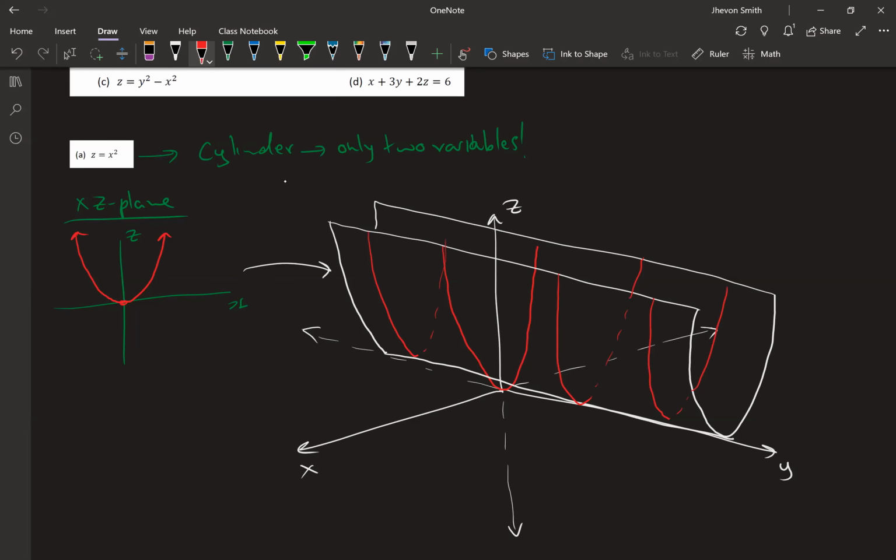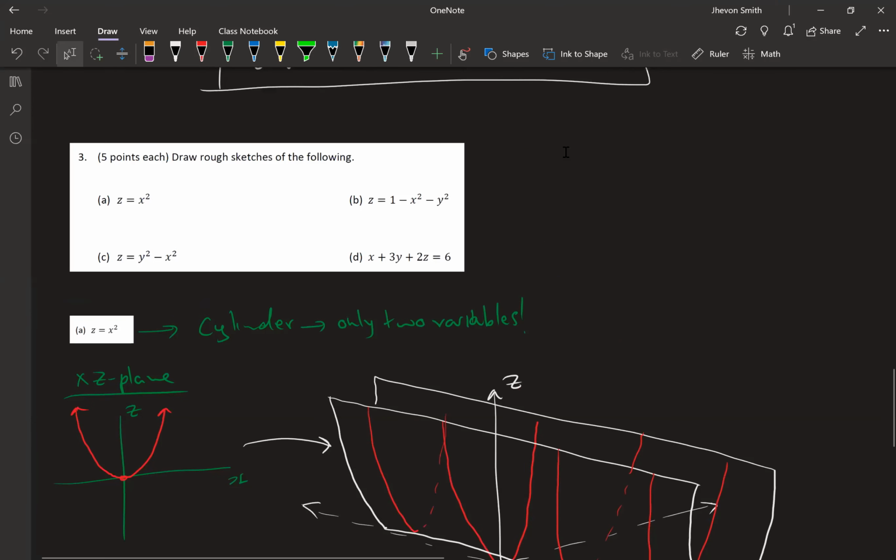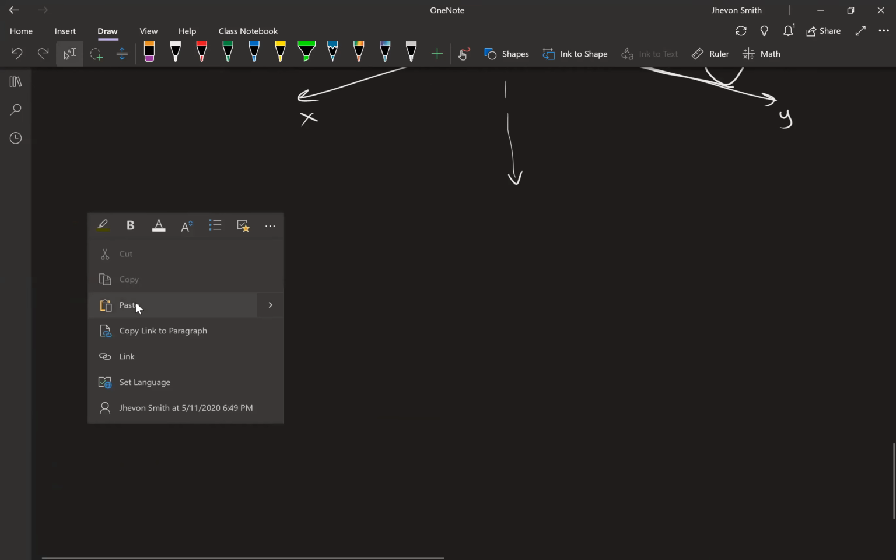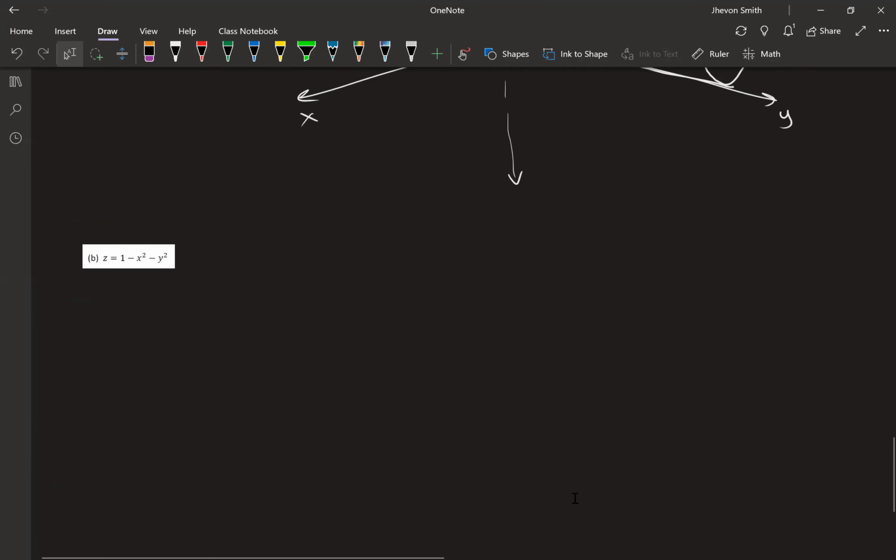Right? So it's a cylinder, a parabolic cylinder, in fact. If you look at part B, now that has all 3 variables present, so you know it's not a cylinder. In fact, that is going to be a